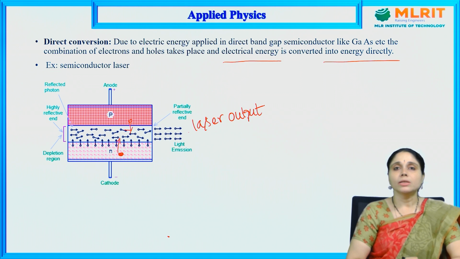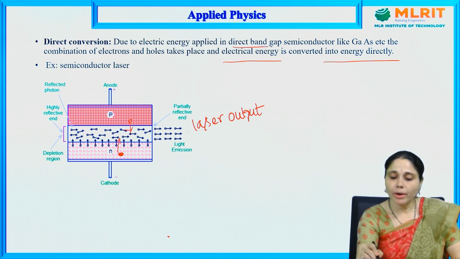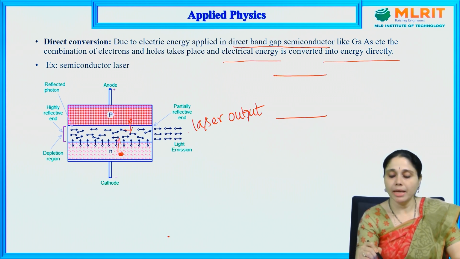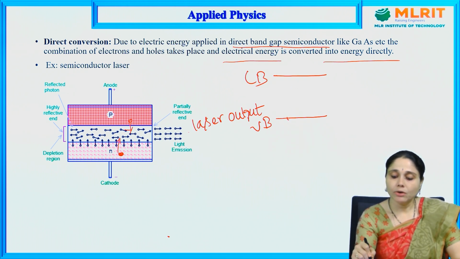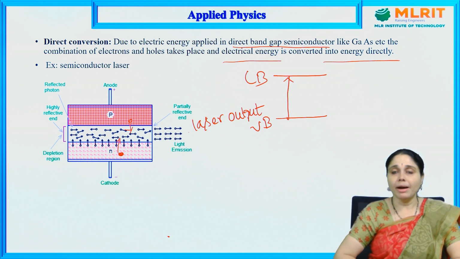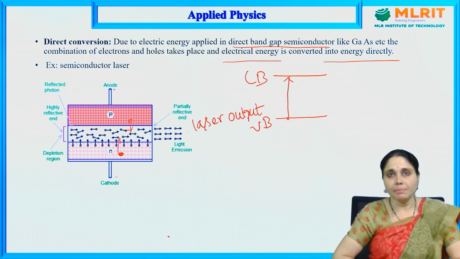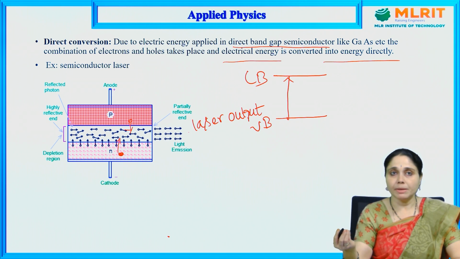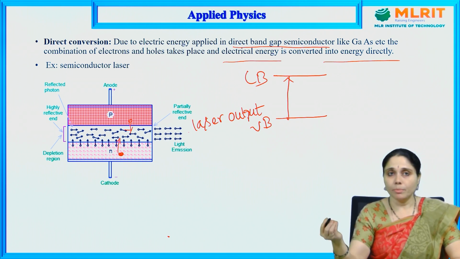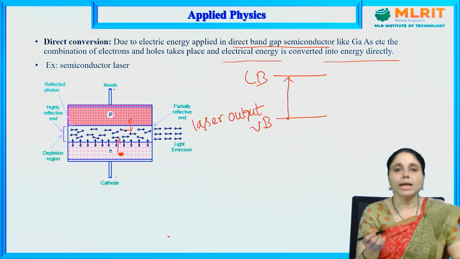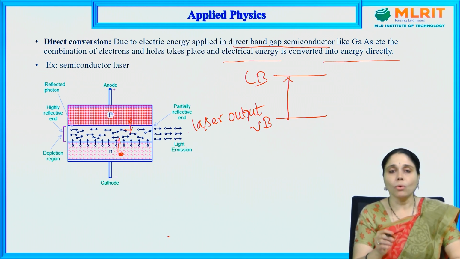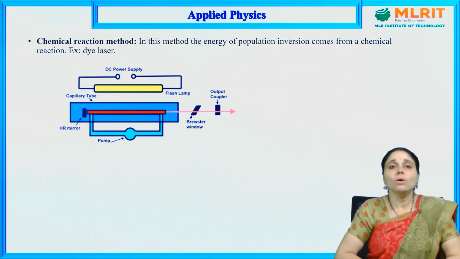Here we want to know about the direct band gap semiconductor. In a direct band gap semiconductor, the valence band and conduction band are there. The valence band has electrons and the conduction band is empty. Then the electrons go from the valence band to the conduction band directly. These are known as direct band gap semiconductors. By the use of direct band gap semiconductors, we can have more output. So here also, with the help of gallium arsenide, the light energy is produced by the recombination of holes and electrons.